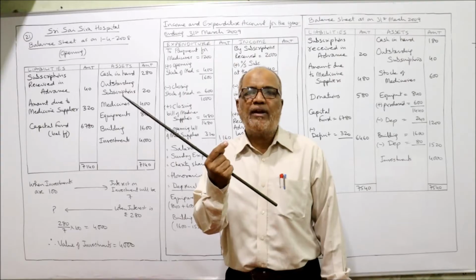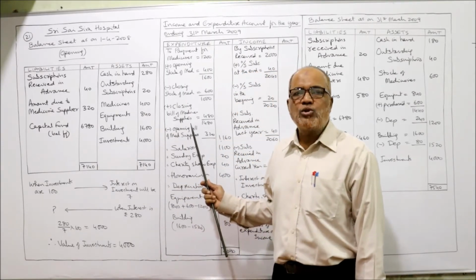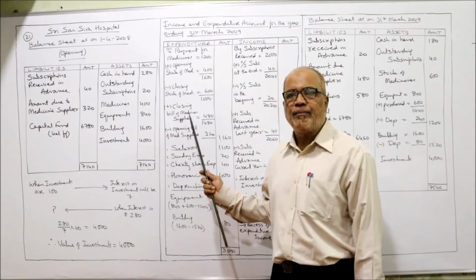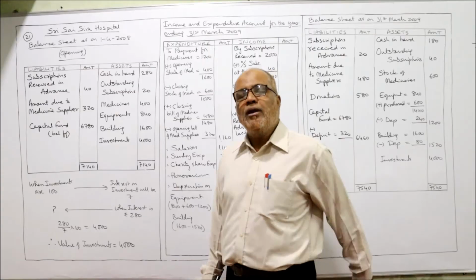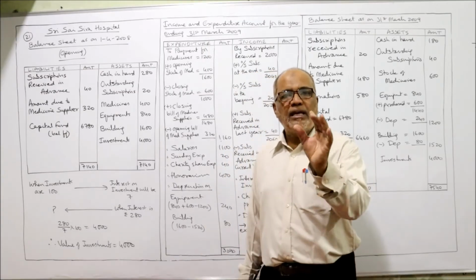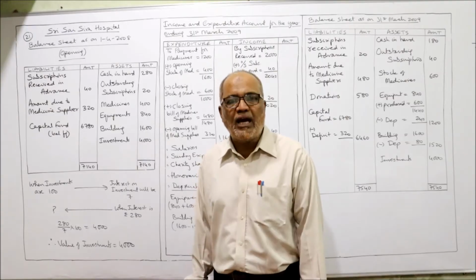The only difference is the outstanding medicine bill. That is the only new point. Other points are very much the same. Now first of all, before preparing the income and expenditure account, we must know the capital fund at the beginning